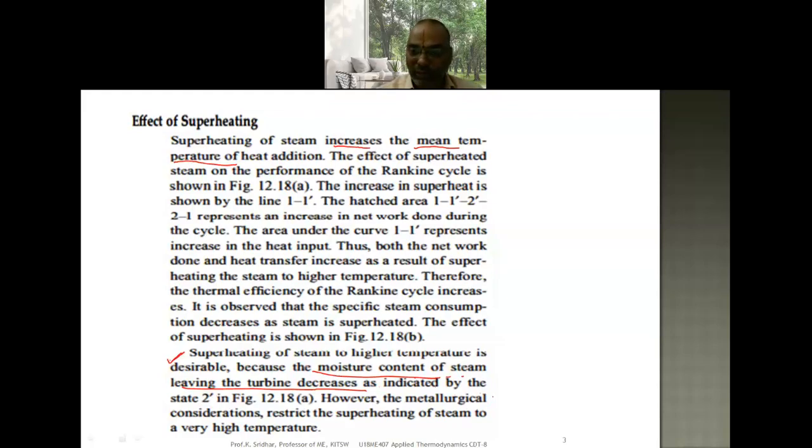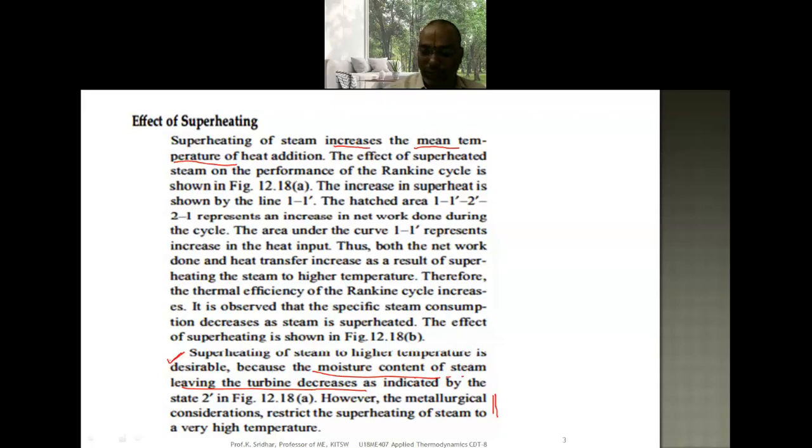Yes. The metallurgical considerations always restrict the superheating temperature limits. That is, you cannot increase the superheating temperature to 3000 degrees centigrade or 2500 degrees centigrade because no materials are available to withstand such high temperatures. That is the meaning of the metallurgical considerations imposing a limitation on the superheating temperature, but it is always desirable to have superheated steam at the exit of the boiler